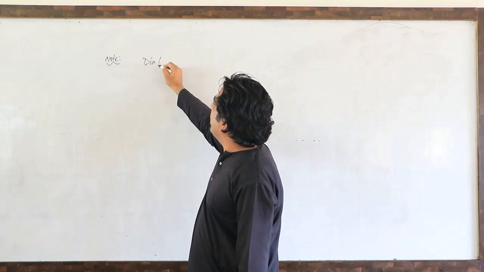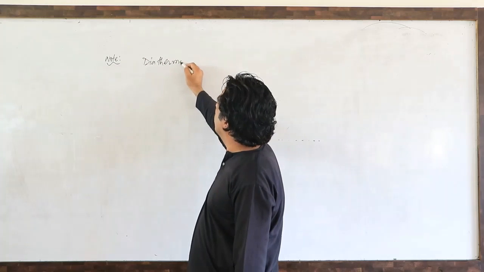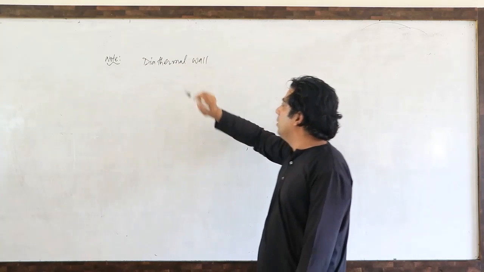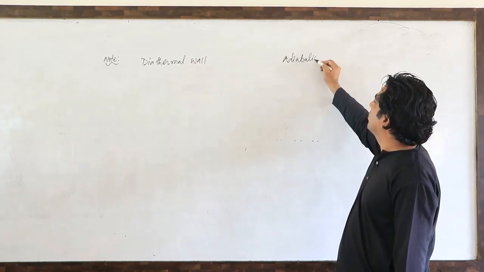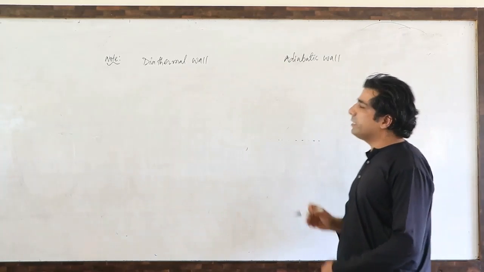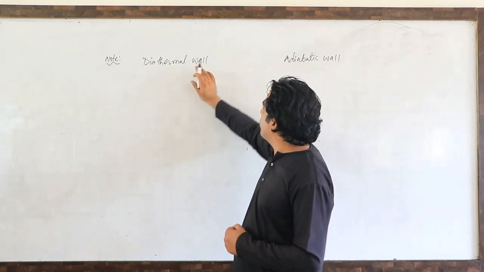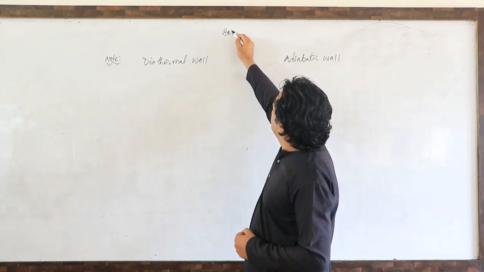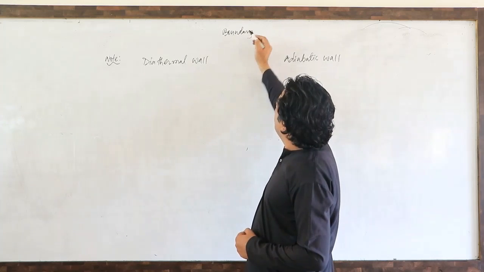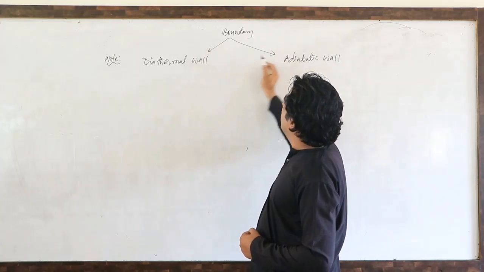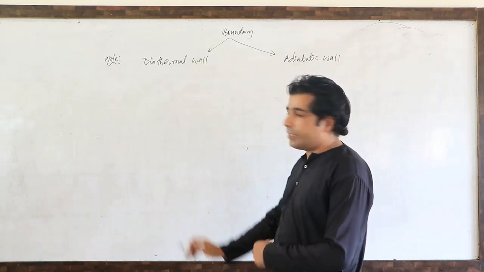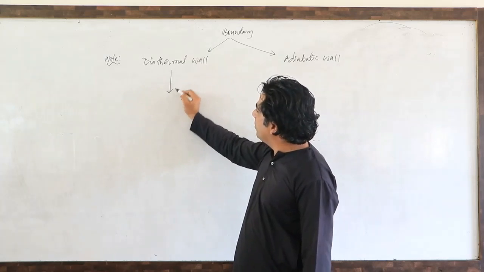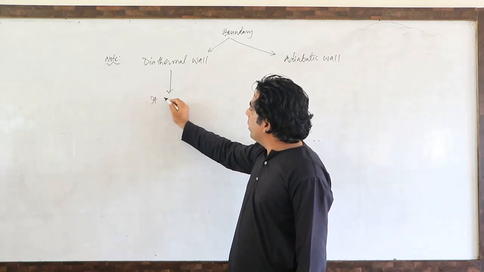We can have a diathermal or diathermic wall, or we may have an adiabatic wall. So that wall is nothing but a boundary. Please try to understand. Now, a boundary can be diathermal, or it can be what? Adiabatic. Correct? So here, diathermal, this wall allows